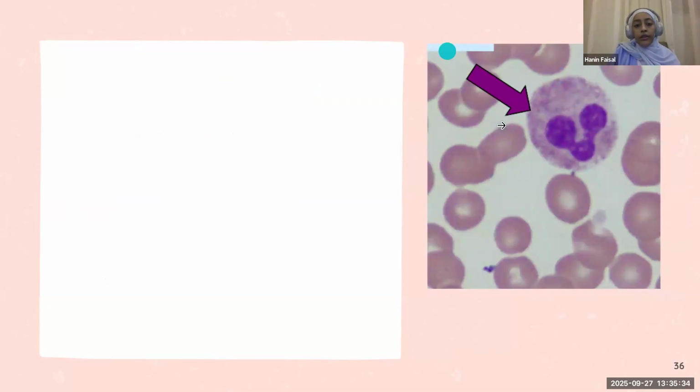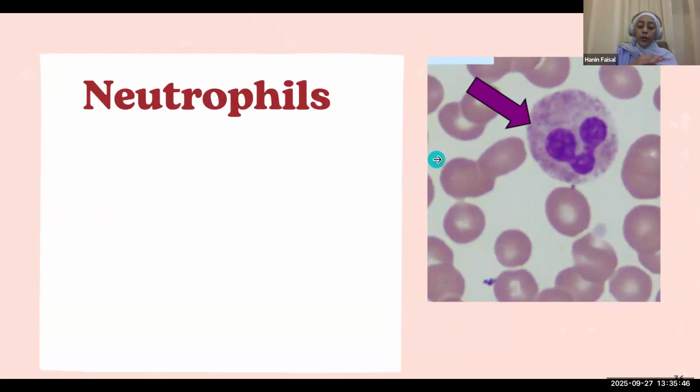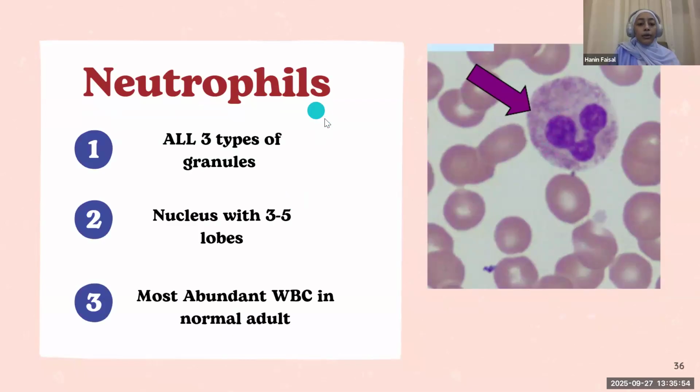Exactly, as you guys said, neutrophil. And again, the same thing. I want you to comment on the number of lobes for the nucleus. How many lobes can you guys see? Three, perfect. Neutrophil is anything from between three to five lobes, but in this picture exactly it's three lobes, as you guys said, and it's gonna have all the three types of granules,